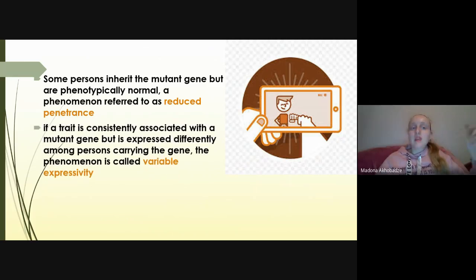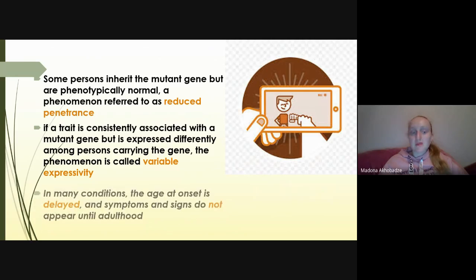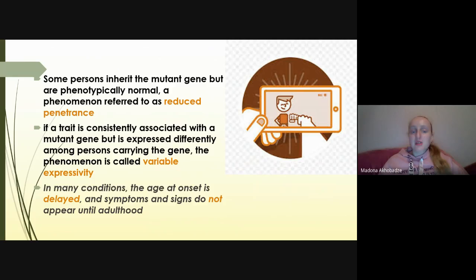But if a trait is consistently associated with a mutant gene, but is expressed differently among persons carrying the gene, the phenomenon is called variable expressivity. So one trait associated with the mutant gene, but expressed differently among the carriers, is called variable expressivity. In many conditions, the age of onset is delayed, and the symptoms or signs do not